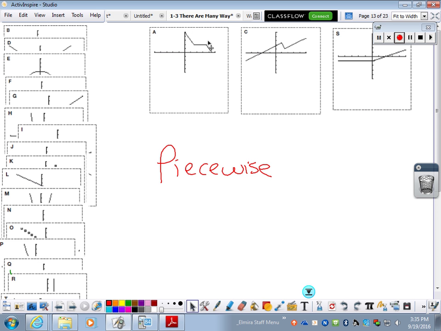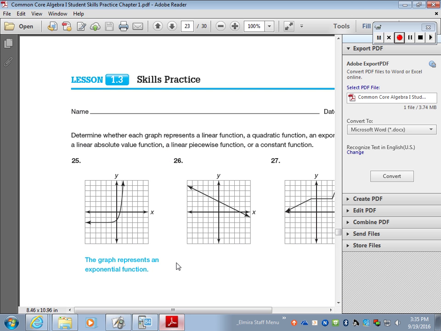They're those ones that seem to just change direction. That's because we're graphing one piece of a line, then another piece of a line, and then another piece of the line all on one graph. So we're graphing pieces of things and connecting them. And that's what piecewise is. So on your homework,